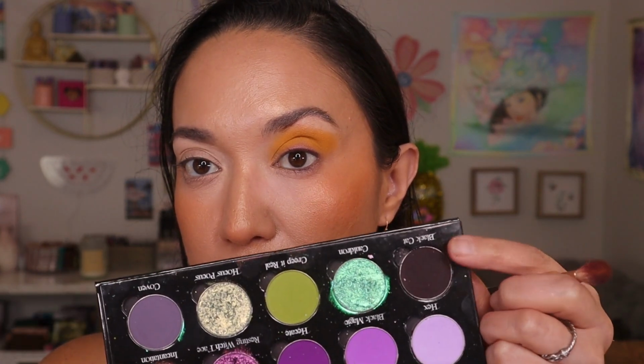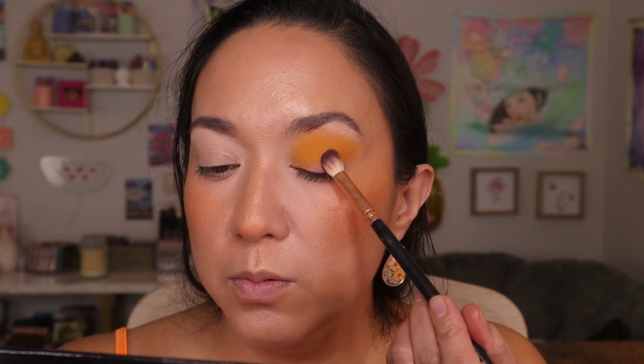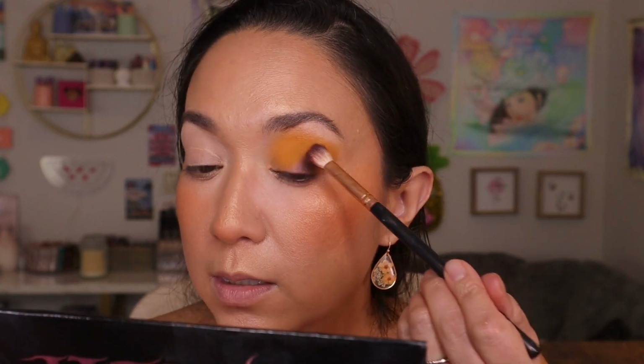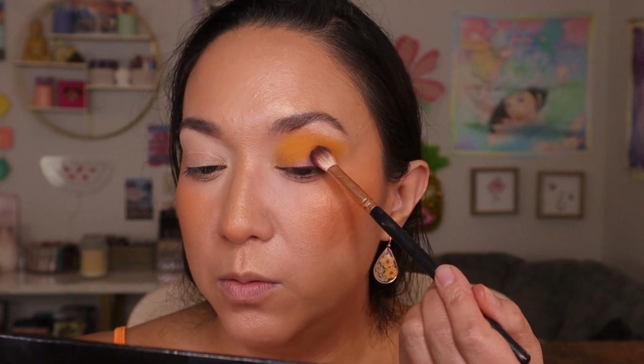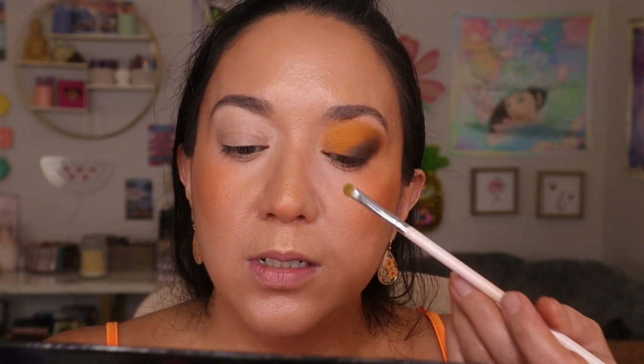So now I'm going to go into Black Cat, the black matte. I'm not gonna do too much because it's pretty dark and the orange is on the lighter side. I don't want it to get too intense with the black on the outer corner. Just want some depth. Now I want to take a little bit of green. I think in the front portion, I'm going to go in with it. I know it's going to be darker than the orange that I used,